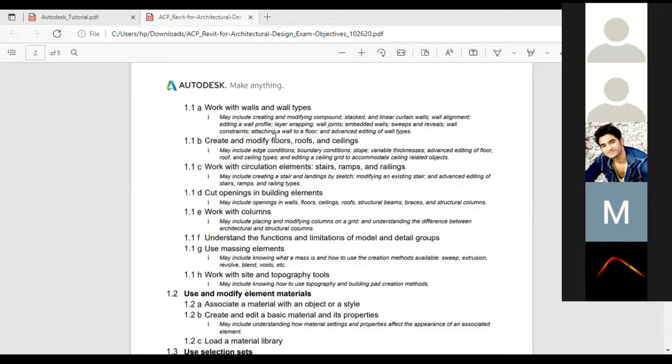We need to set all the things as I said. The starting base level should be like this, the top level should be like this. How many risers we need to provide should be correct. The tread depth should be correct, and the stair width should be correct. All those details will be provided, so we need to enter each and every detail as they ask in the question, and we should start the stair in the correct portion as mentioned in the question.